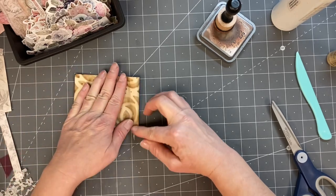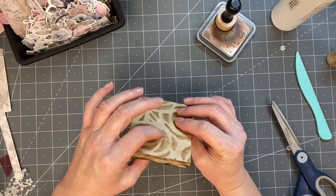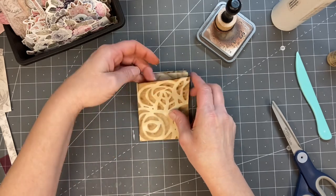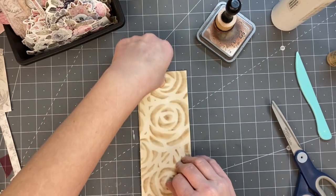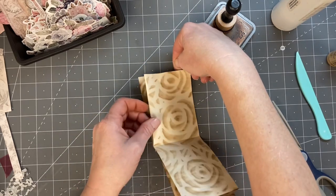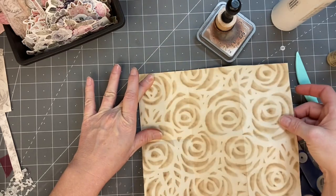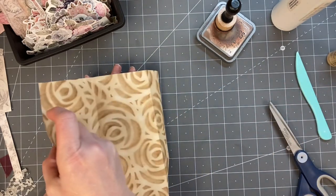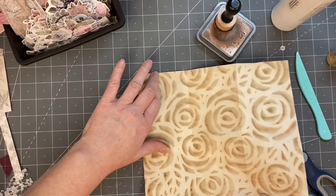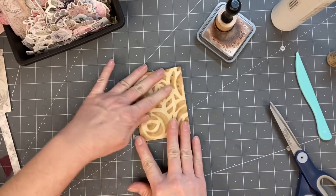That looks like this. And then what we do is we glue this part down, and then it folds, just that back part's glued, so then it can flip out, like basically fold out to be an entire sheet of writing. Like you can write on like this and then flip it all the way out to write on all that. I think that might have been how I did it. Okay, so let's